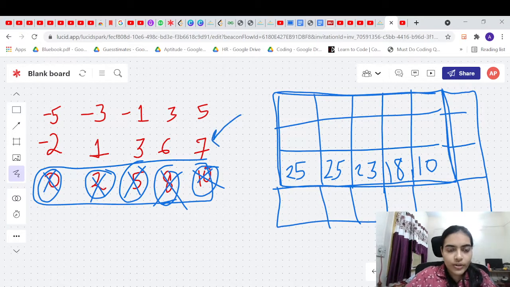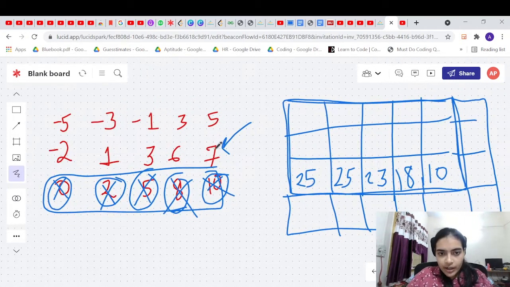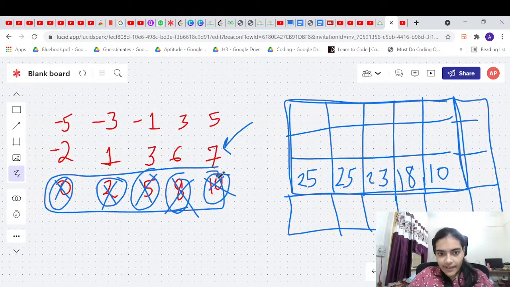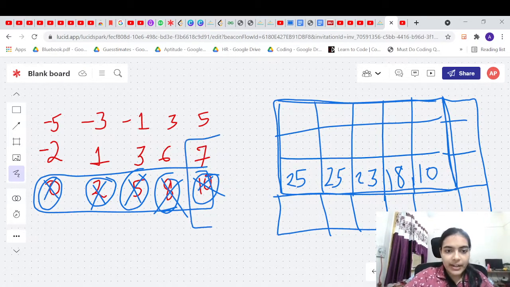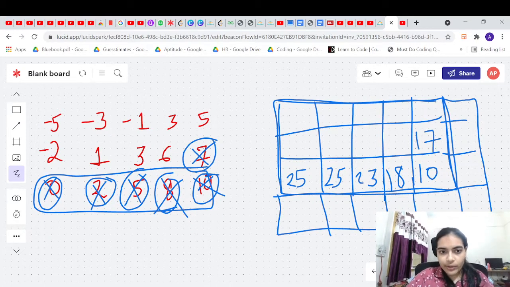Okay, now let us go here and see what we are going to do. We have 7 soldiers. Now we want to include them, right? So let us include this region also. If we include this region, we get 7, and then you can take this region also. You can definitely form a matrix like this. So you take 7 plus 10. Let's say you get the value 17 here.